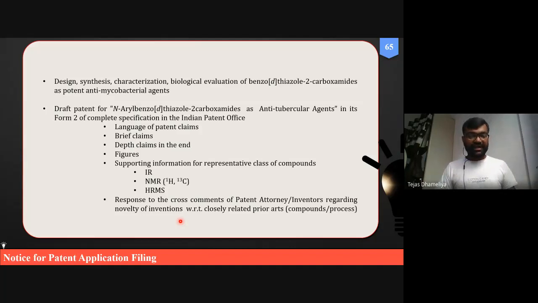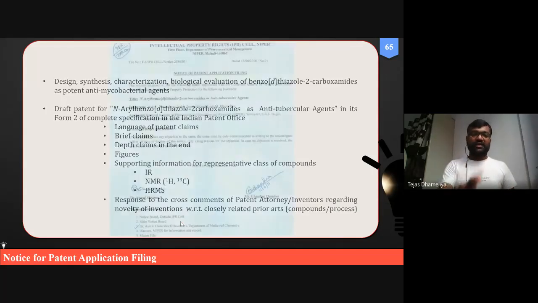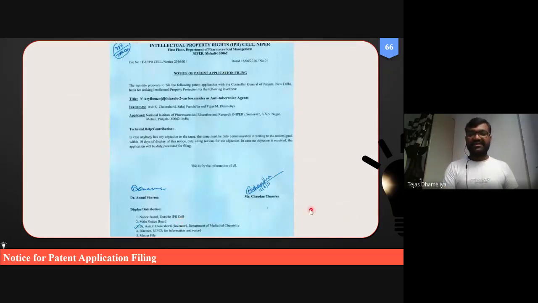So friends, when I was in this institute, NIPER Mohali, after the submission of these kinds of forms, a patent agent used to take the printouts on such blue forms and display this sign, or endorse a notice for patent application filing, on the notice board of the institute. Okay, so that is considered a notice for patent application filing.